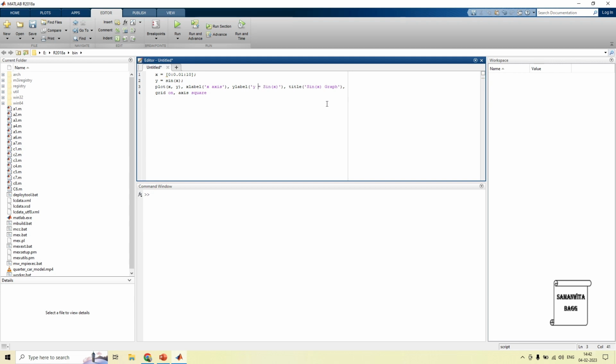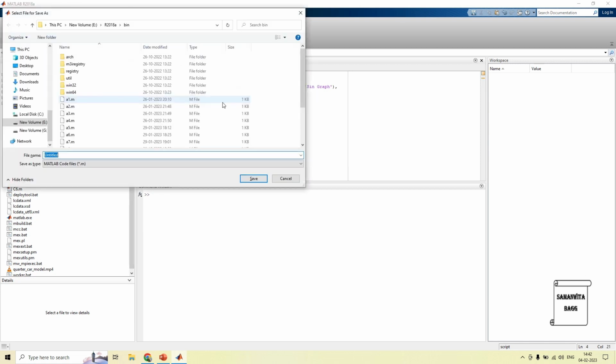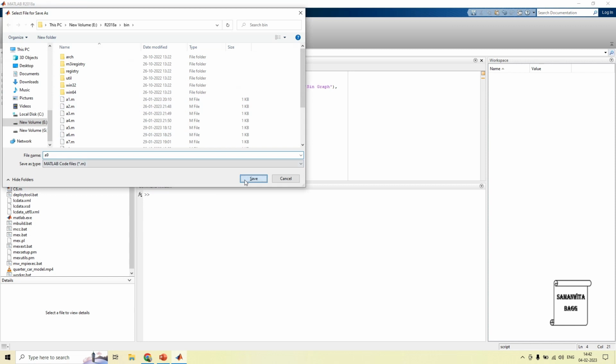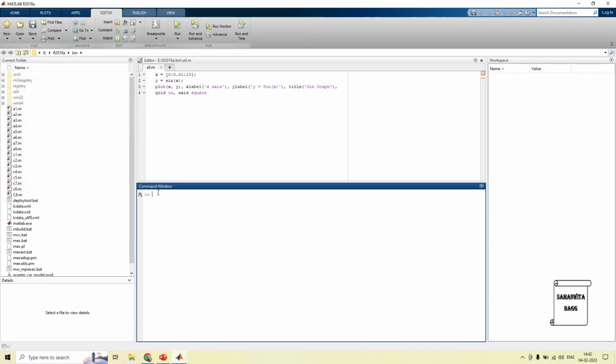Just adding some changes to show you. So here also you can write this is the sine graph. So we'll just save this as say A9. So when I run this,